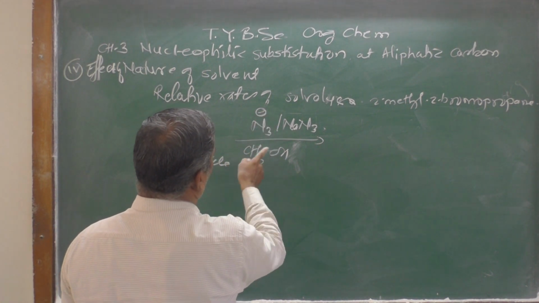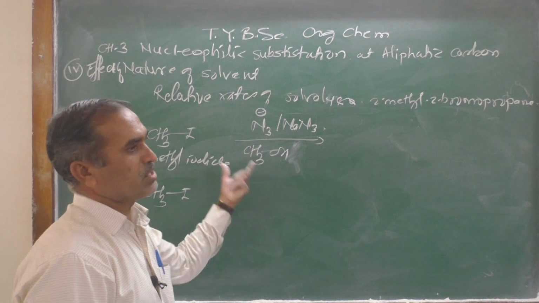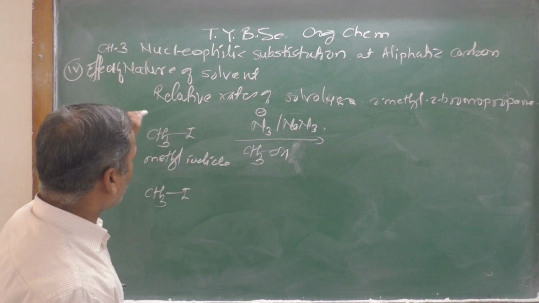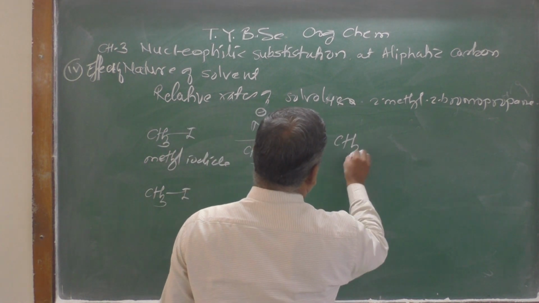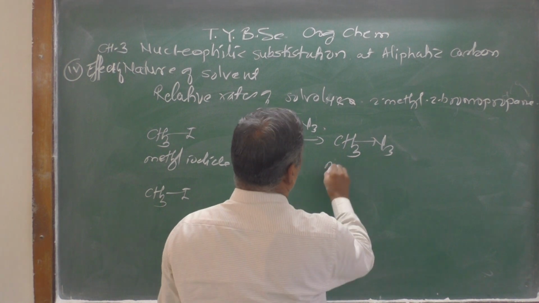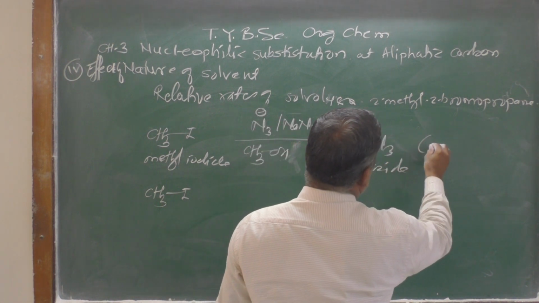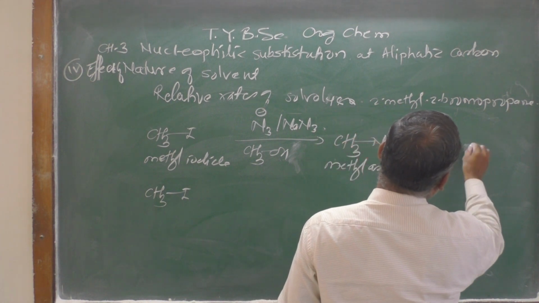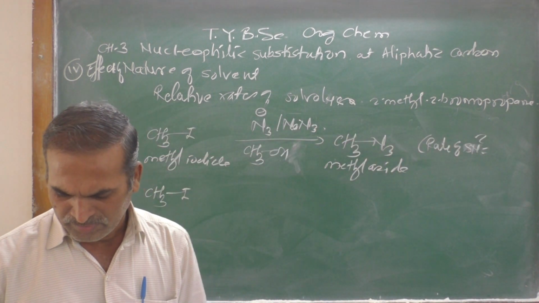This nucleophile gets surrounded by this protic solvent, and therefore this azide is facing a lot of difficulty to attack, and so you are going to get CH3N3, that is methyl azide. The rate of SN2 reaction is found to be only